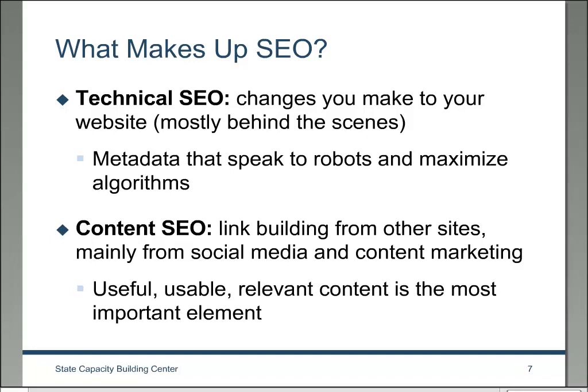And so these are two different ways to think about SEO. Again, technical SEO is about optimizing things behind the scenes, making sure you're not harming your search engine ranking. And content SEO is about, once you've got those basics down, actually doing some content marketing, using content relevant to your users that's going to make you appear to be a more credible source to search engines.